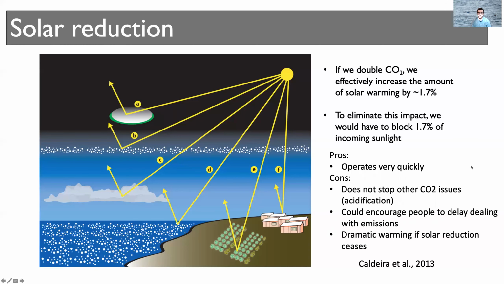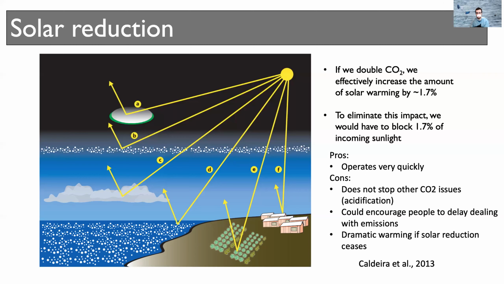So just thinking about the overall pros and cons of solar reduction. The pro is that it operates very quickly. One con, or a few cons, is that it doesn't stop other issues associated with CO2 emissions. You're not reducing the CO2, so you still have acidification going on, so you still have huge impacts there. This could encourage people to delay dealing with emissions because the immediate pain of dealing with them wouldn't be felt. But I think one of the biggest issues with solar reduction, especially if you're thinking about satellites,